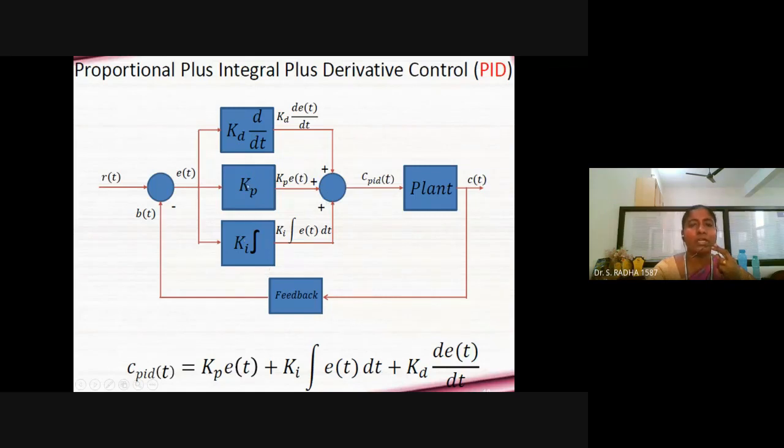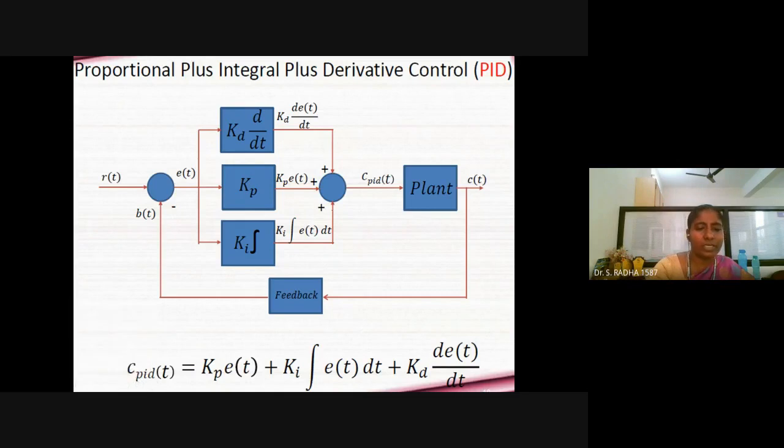Only then addition is possible. And the overall transfer function or gain of these three blocks together, when we apply Laplace transform, is Kp into E of S, Ki divided by S into E of S, and Kd S into E of S. So that is the overall gain or transfer function. That will get multiplied with the plant. Plant means the open loop transfer function of the second order system, and it is omega n square divided by S into S plus 2 eta omega n.